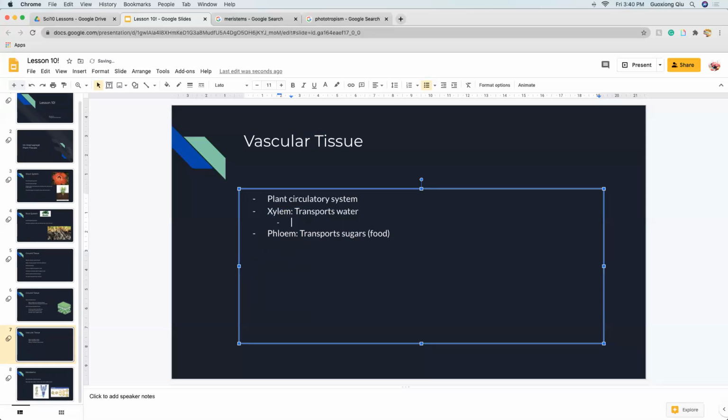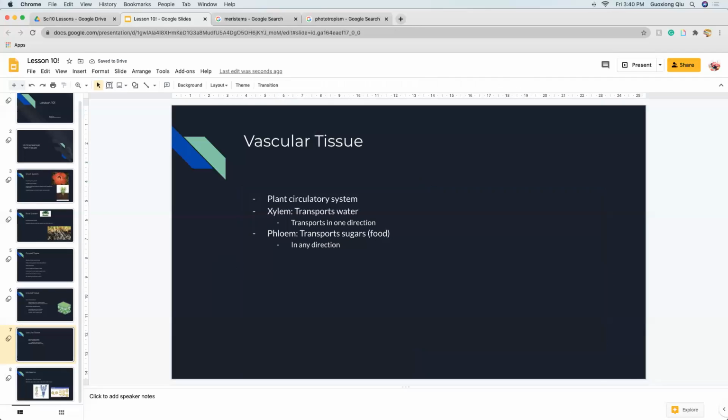And then more on the xylem. The xylem can only transport in one direction, whereas the phloem can transport in any direction. So I can use my annotating drawing stuff. So here we have the xylem, and then it transports water up the plant. Xylem. And then we have the phloem, and it can transfer stuff up